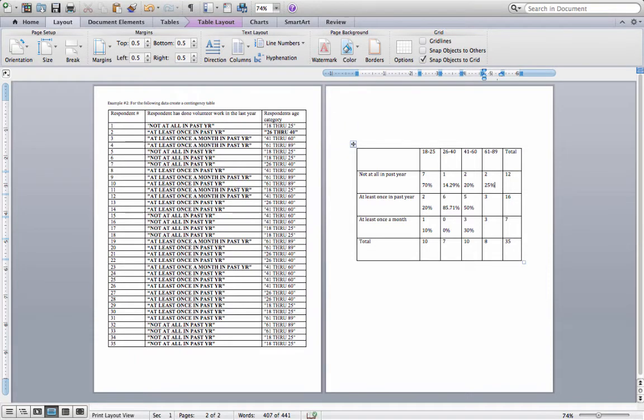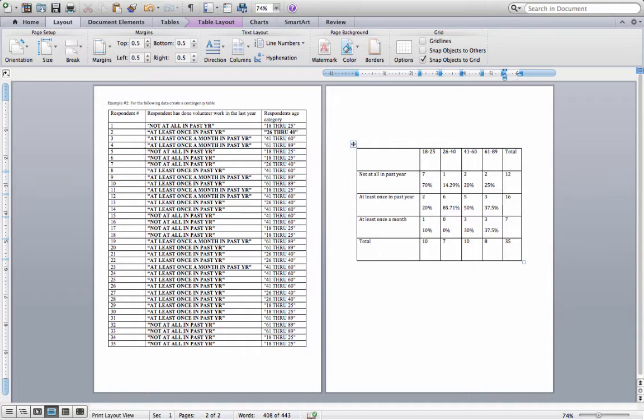And then 3 out of 8 is 37.5%. And we have another 3 out of 8, so 37.5%. And then we have over here in our totals, we have 12 out of 35,